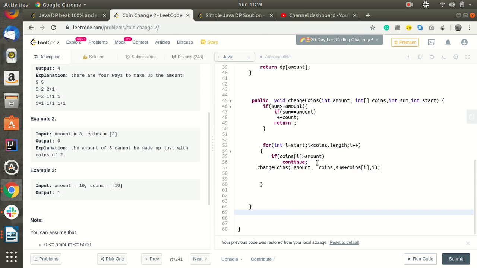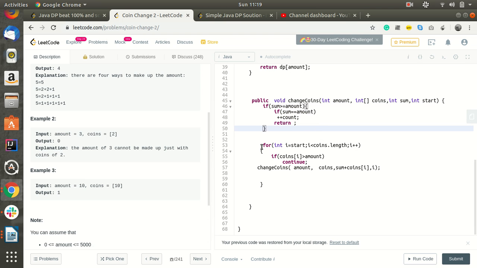Initially, if sum equals amount, we will increment the count. This happens when our function reaches the point where the sum is greater than or equal to amount.